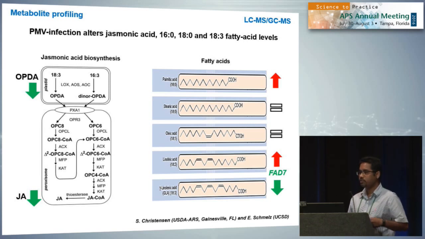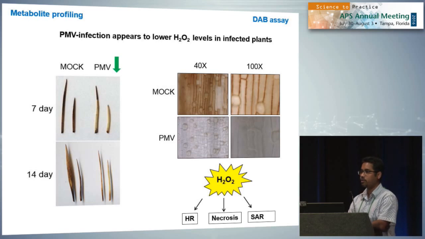So in addition to looking at phytohormones and also fatty acids, we also looked at some secondary messengers of signaling. In this case, I'm going to point out one observation we made, in levels of hydrogen peroxide. In a typical interaction, I want to emphasize one point, that this is a susceptible interaction. Okay, so usually during a susceptible or even virulent interactions, hydrogen peroxide is important for hypersensitive response or even causing